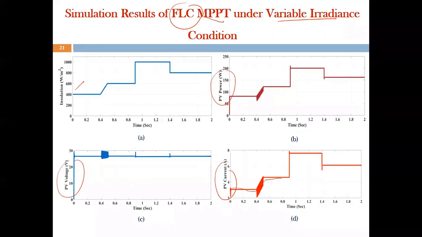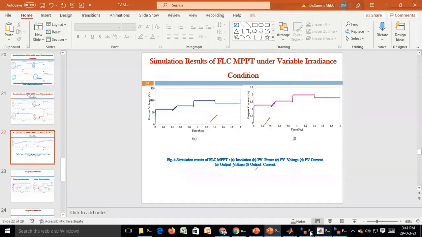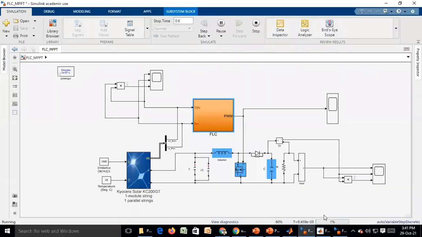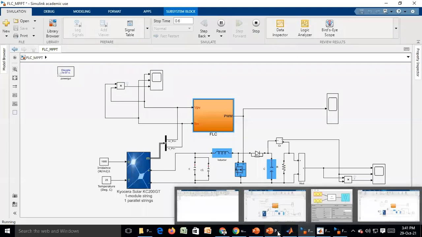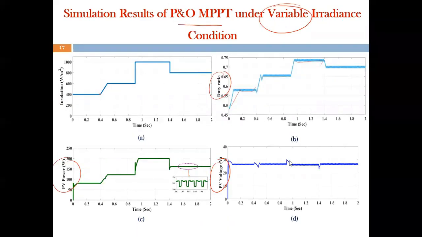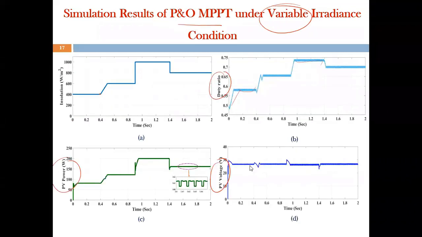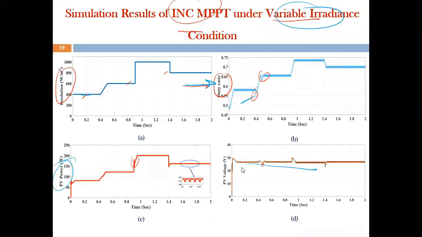Whereas if you consider fuzzy, and observe output voltage and output current also, it is taking too much time for running. It will take some time. So now what we can ensure, compared to P and O and incremental conductance: during partial shading conditions, P and O and incremental conductance are also working, but if you go for intelligent and optimized techniques, definitely you will get the optimized answers.